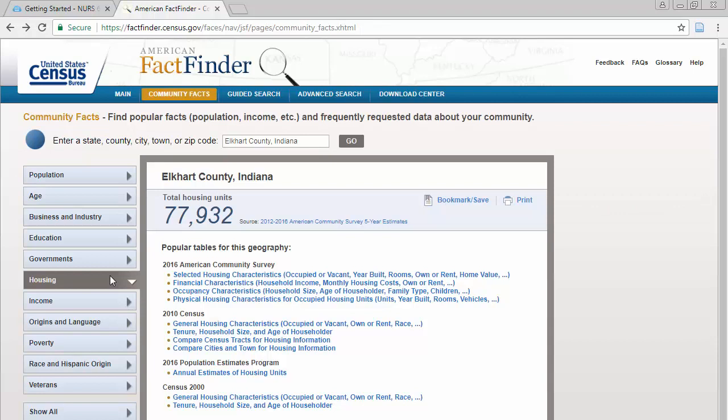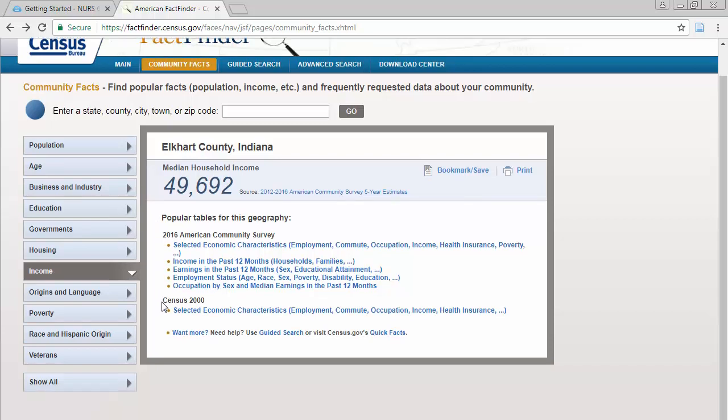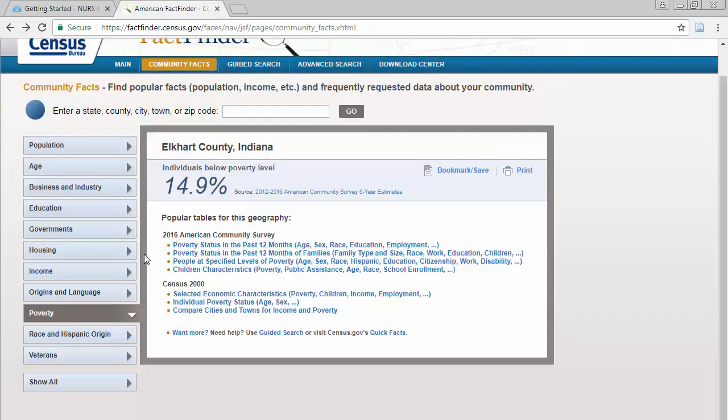Another piece I want to point out that is on the worksheet here is going to be the income and poverty tab. So if you look for income, same thing. You have that large number. You have a source, which this one is American Community Survey 5-year estimates. And you have the 2016 American Community Survey, and you have the Census 2000 information. So again, 2000 is going to be the most accurate, but it's also close to 20 years old. Just to consider those. And on the poverty tab, you'll see the overall number they list is individuals below poverty level